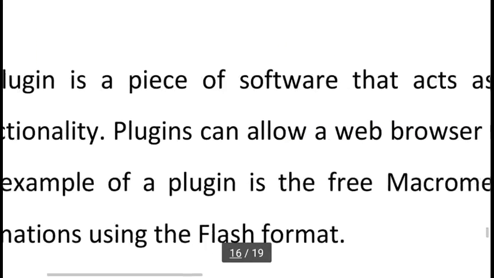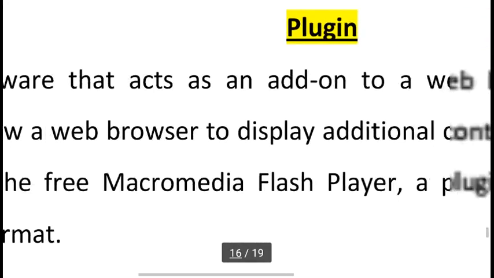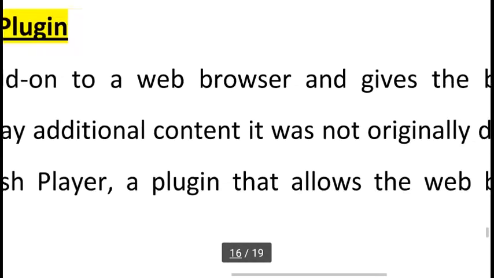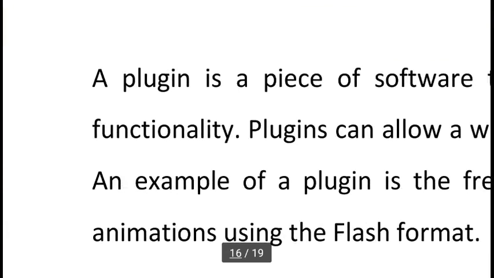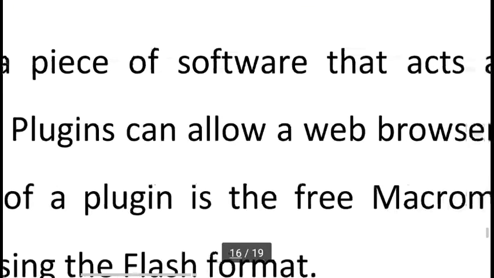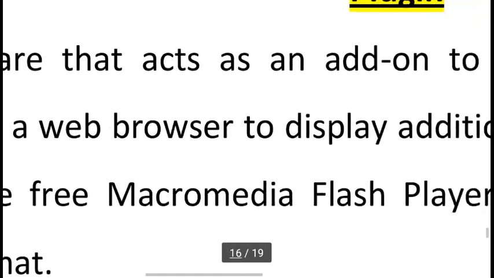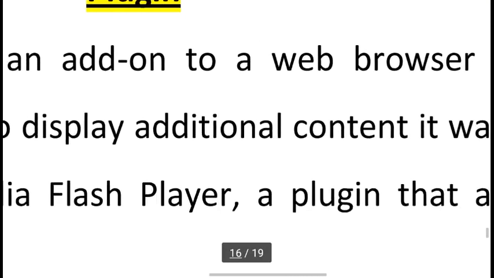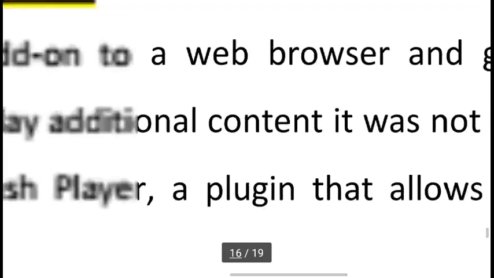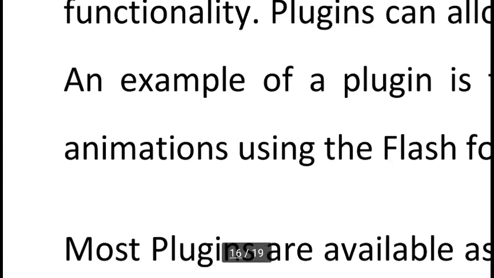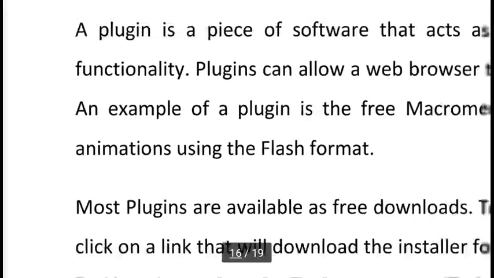Plugins can allow a web browser to display additional content it was not originally designed to display. An example of a plugin is the free Macromedia Flash Player, a plugin that allows the web browser to display animation using the Flash format.